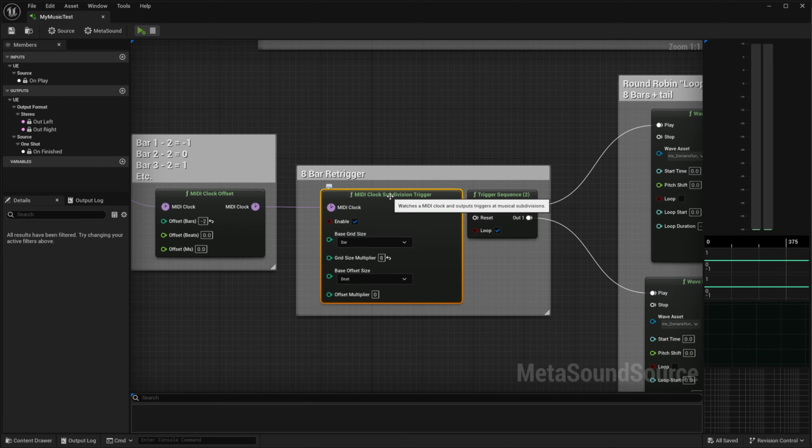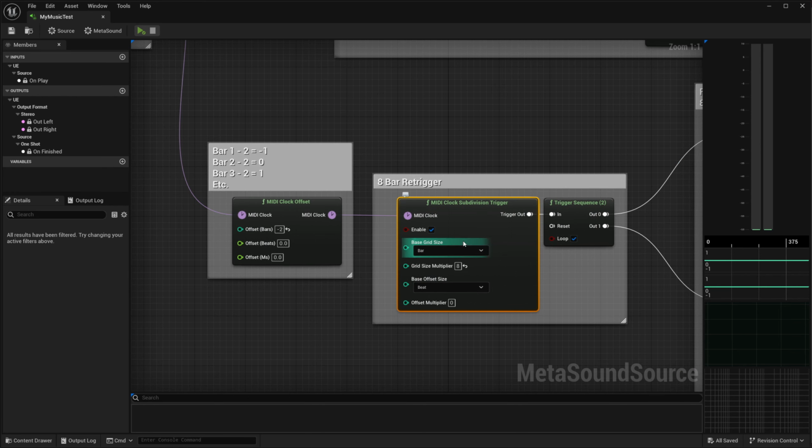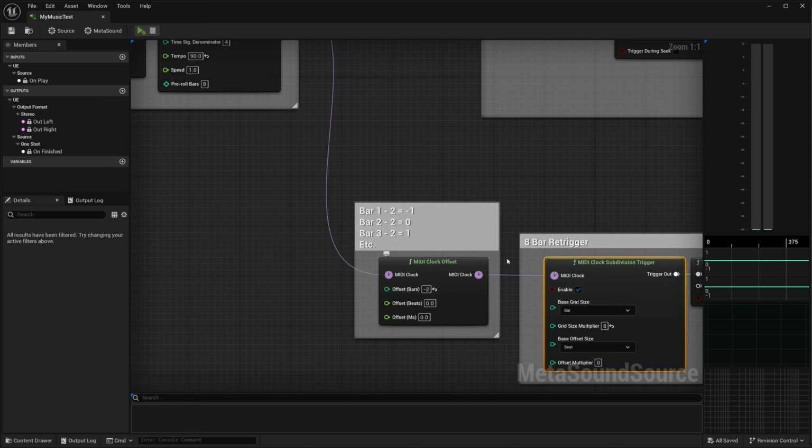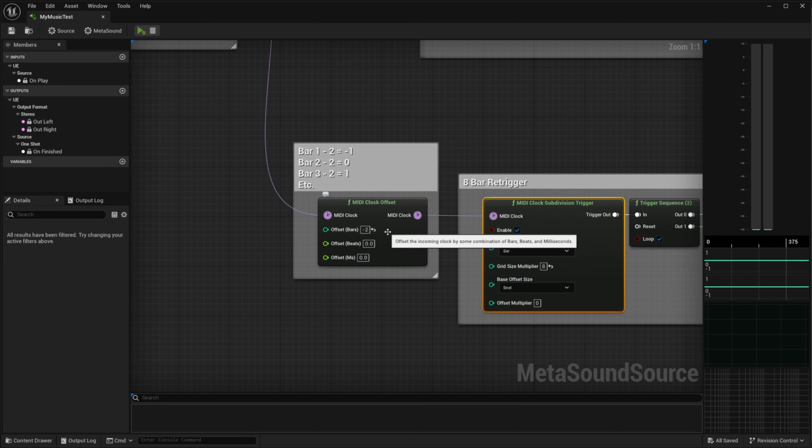I haven't looked at the code yet, but my suspicion is that it's using a modulo function. And so that means it's probably only going to ever trigger on 0, whenever its modulo function hits 0. And so I use a clock offset here. And it's a little bit silly, but basically